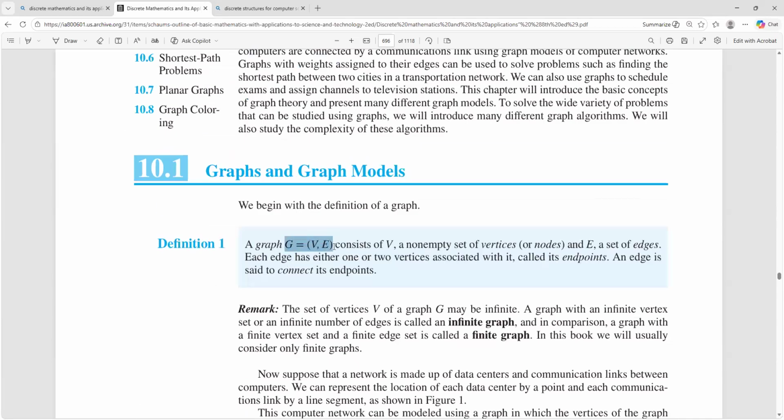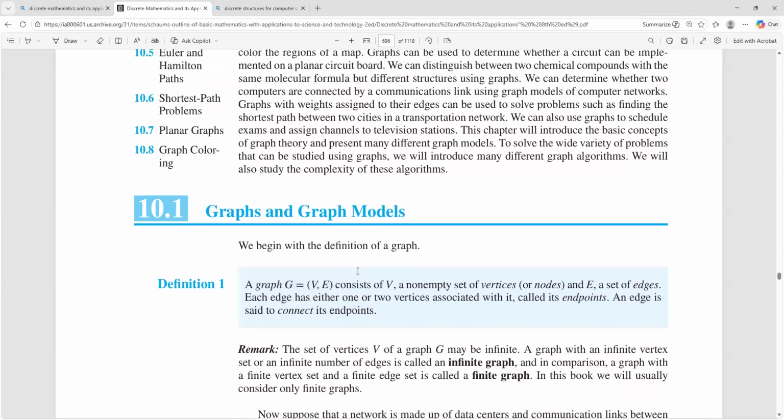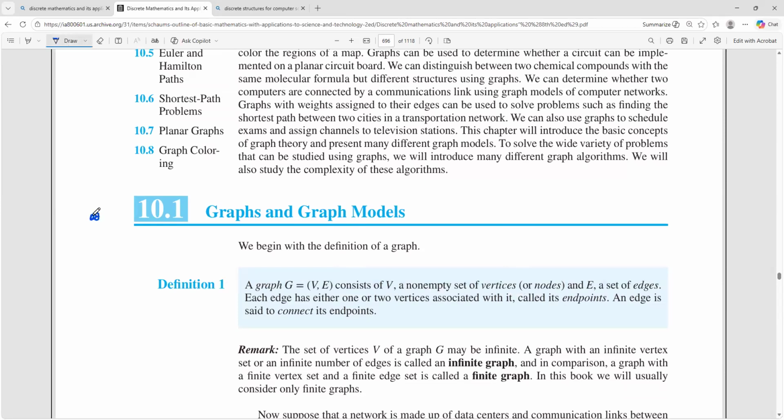This is usually the typical notation for graphs. You've got G equals (V, E). V is the set of vertices. You could think of them as nodes. These are interchangeable words: vertices and nodes are the same thing. And E are edges. So whenever you have a graph, it's a simple graph,